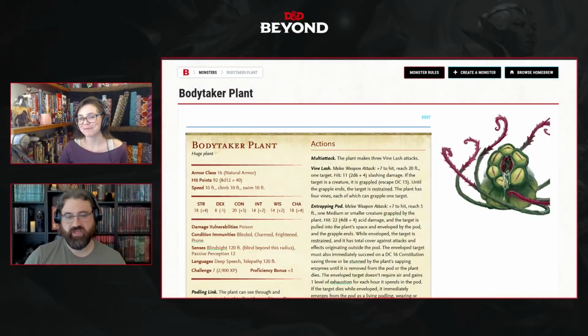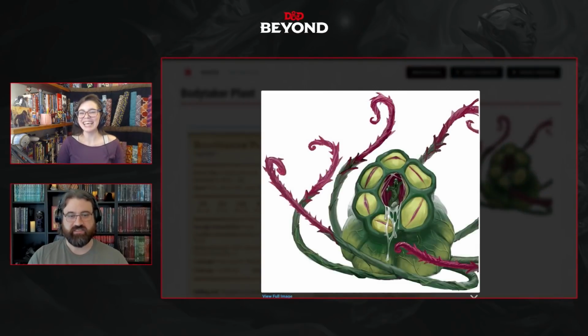Sure. The Body Taker plant is another classic. This one actually came from a Chris Perkins adventure from Dungeon Magazine way back in the day. And it was very much an invasion of the body snatchers sort of thing. So we couldn't leave that sitting by the wayside. We had to bring that back up. So the Body Taker plant is this horrible sort of melon patch plant that digs its roots in deep into the ground and then